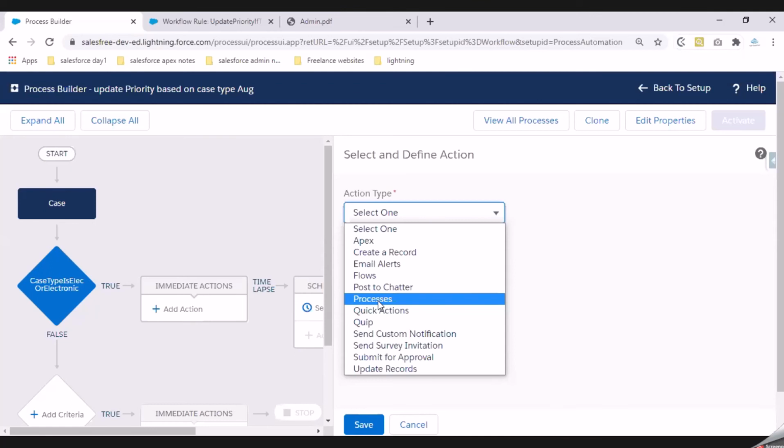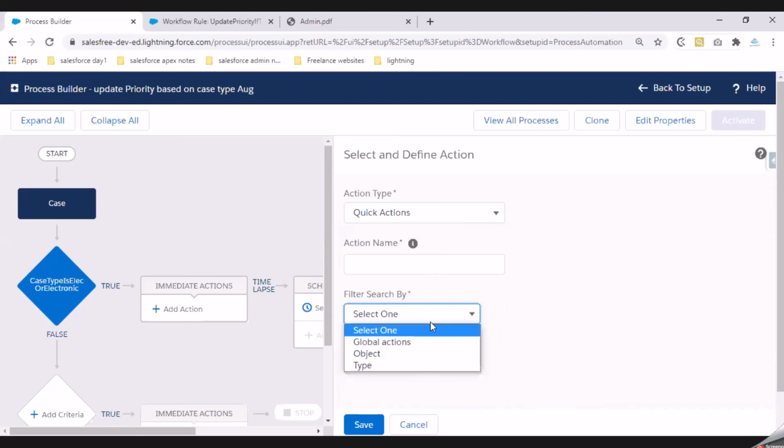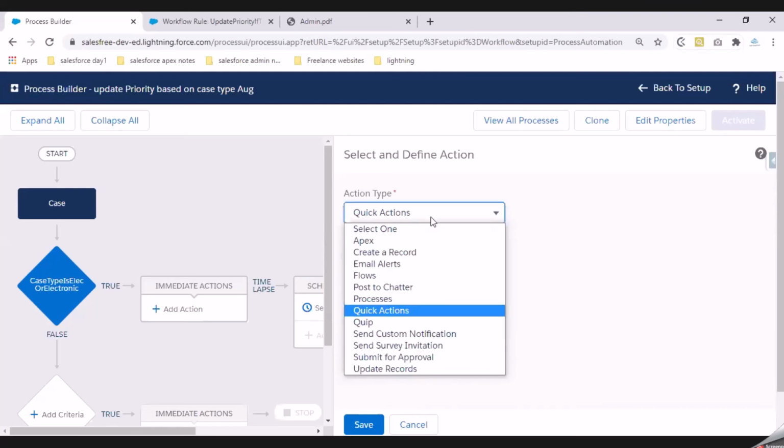Alright. In case you want to trigger a second process builder, remember when we were discussing the initial phase of our process builder creation, where I clicked on the new button, and that is where Salesforce was asking me when should a process start. Alright, when should a process start, and I selected a process as on a record change. In case you have any existing process builder that you have created using the third option which says invoked by another process, that process builder can be used here by selecting this option which says processes. Alright, and in case you want to do quick actions like logging a call and all, you can always select this quick action.